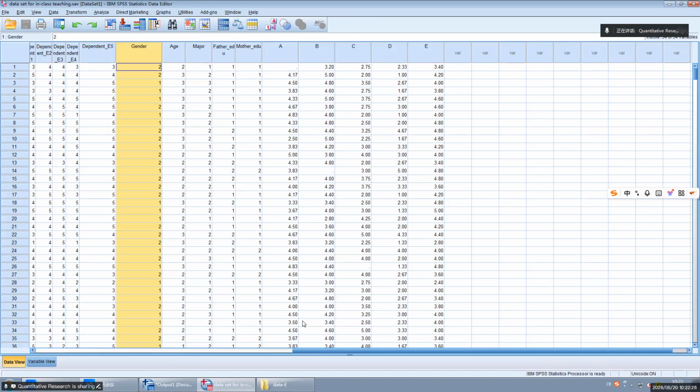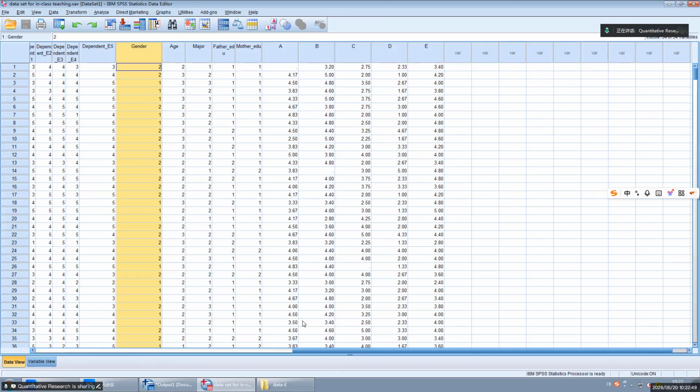Now, currently, male, female in one variable, right? But now I want to change it to two variables, two separate variables. One specifically representing male.